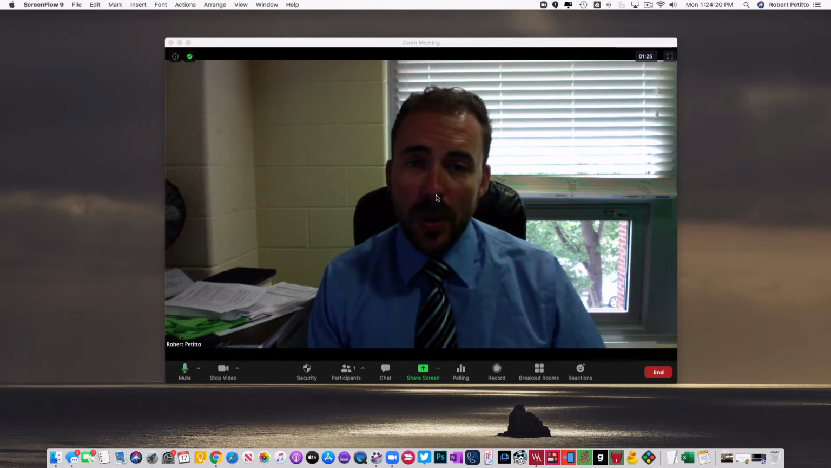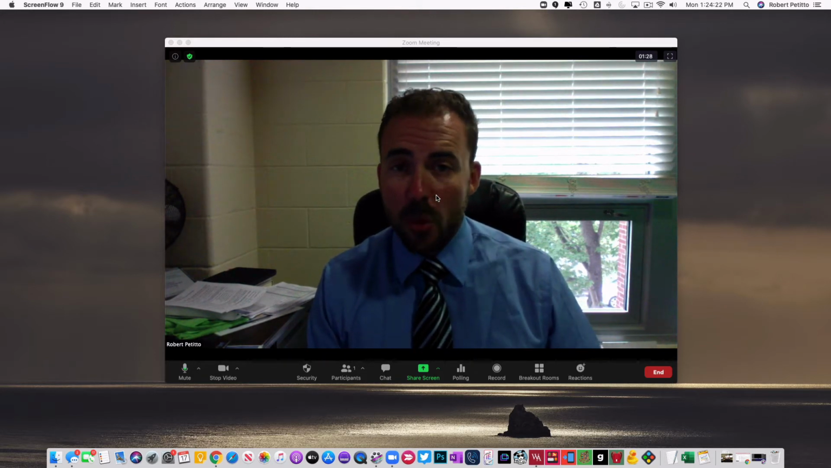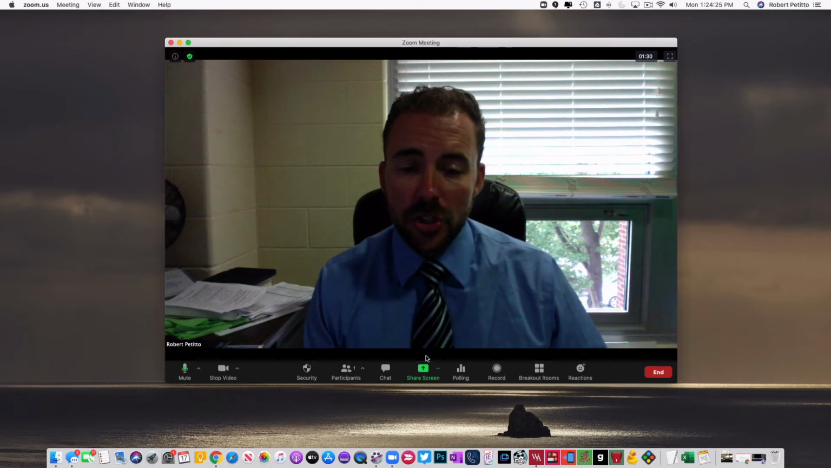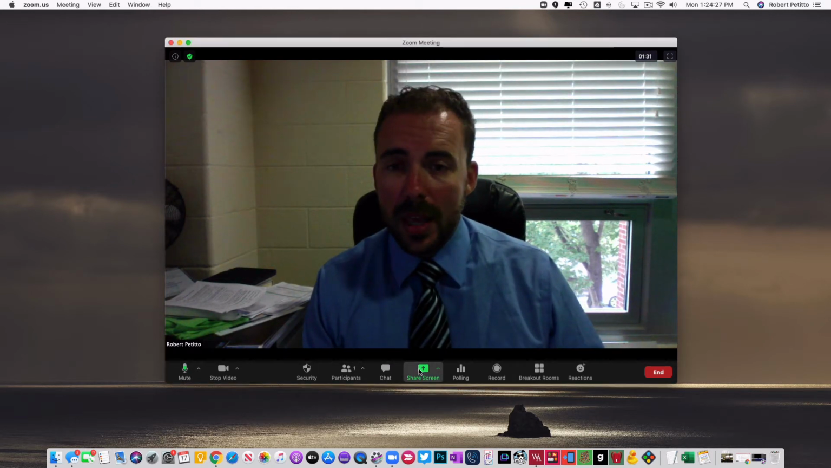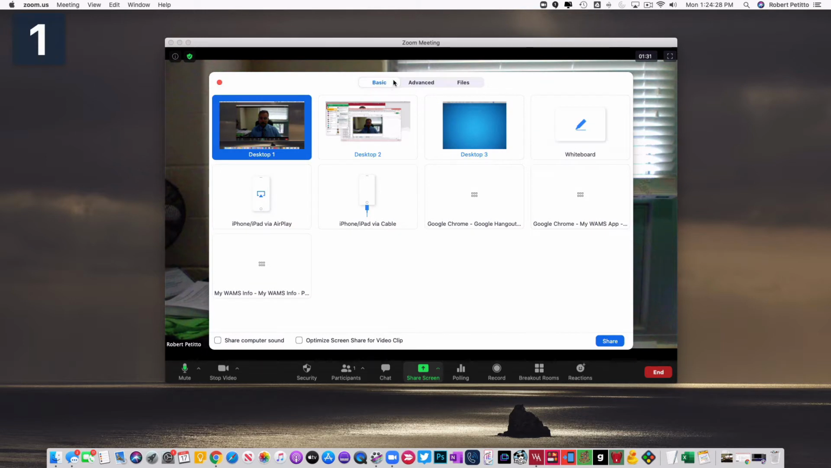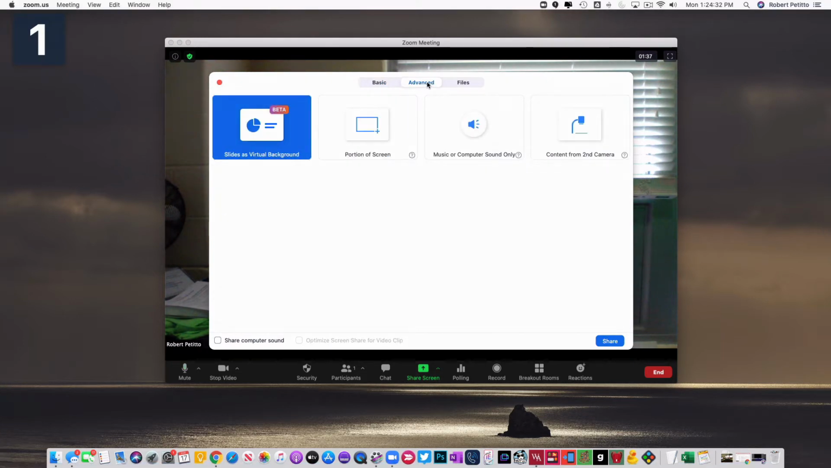So you have to be running the latest version of Zoom, Zoom 5.2. And then if you go to the Share Screen button at the bottom, and then go to the Advanced tab, you'll see a new option for Slides as Virtual Background. Now you see this is in beta, so there might be some bugs, there might be some glitches, but this is going to be a very neat way to present content as well as share your video at the same time. So I'm going to select Slides as Virtual Background, hit Share,